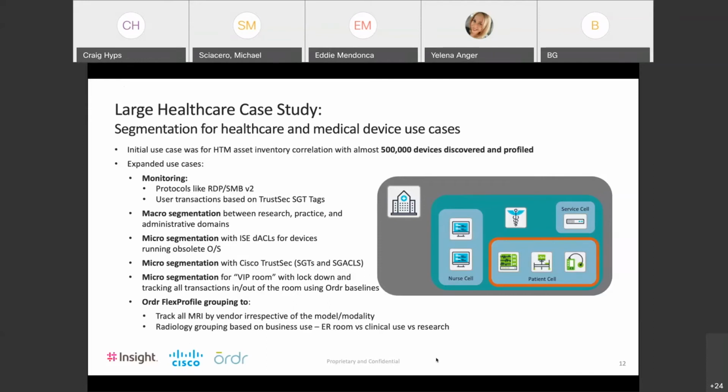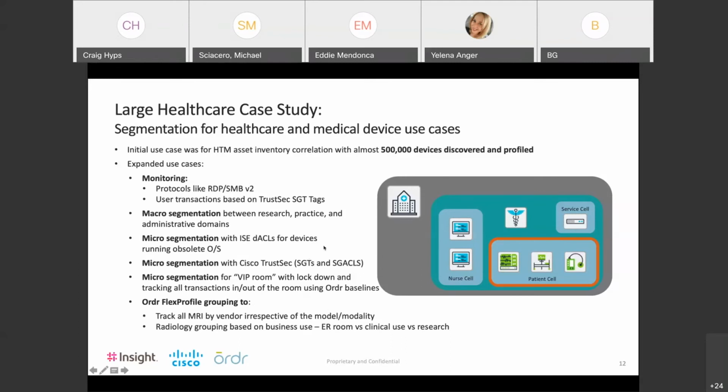Integrating with the vulnerability management systems to understand, are there confirmed vulnerabilities for these devices? Letting the vulnerability management system know these devices constitute your MRI, so maybe you scan them differently than what you would normally do with another device. How do you build a grouping and a segmentation policy based on the way things actually communicate? Are they behaving normally? And in this organization, they were able to leverage DACLs for doing segmentation